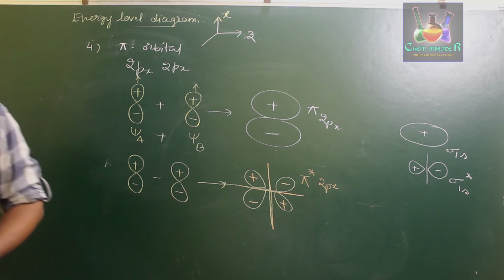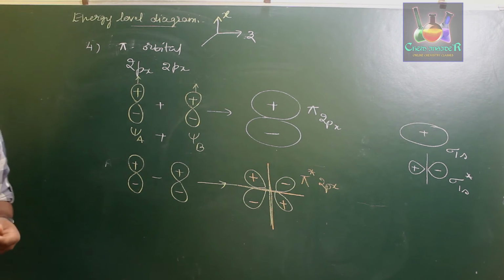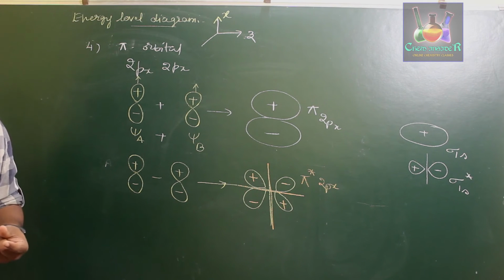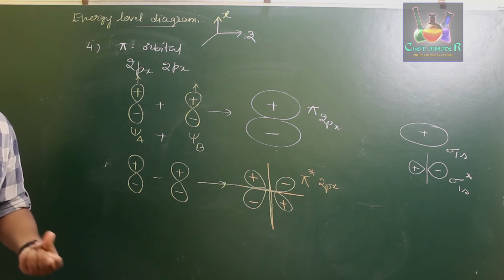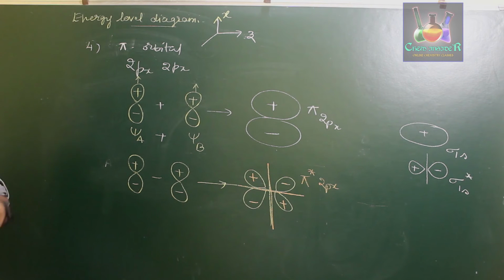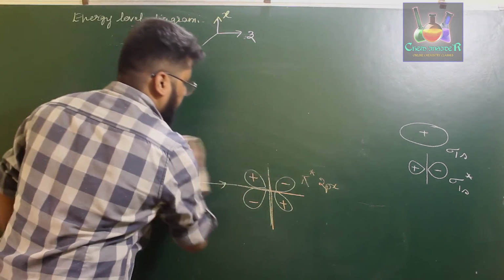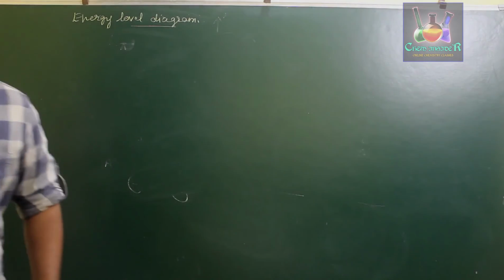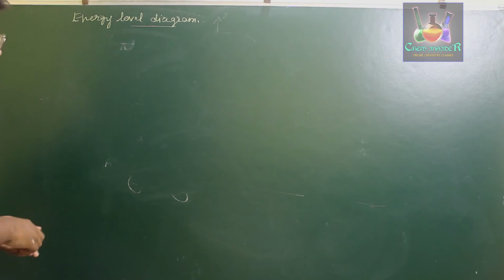Now, in order to draw the exact molecular configuration, the molecular orbital diagram with an increasing order of the energy, we observe two particular situations. If you are writing the molecular orbital diagram for a molecule which has more than 14 electrons, it leads to the formation of a different type of molecular orbital diagram. And if you are considering a molecule with less than 14 electrons, it will have a different molecular orbital increasing energy order. Okay, so now let us write down the molecular orbital diagram of homonuclear diatomic molecules.